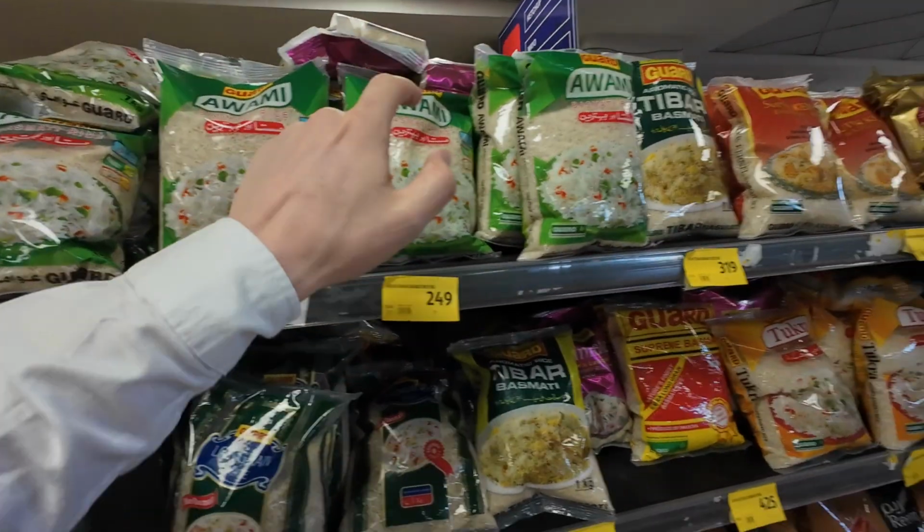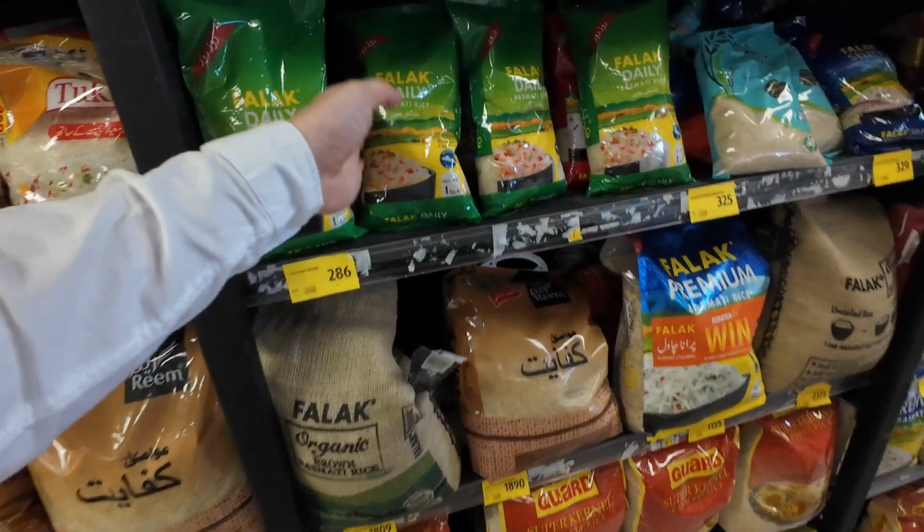Behind me is all the rice, and this isn't actually a common sight in the UK. We cannot cook rice, so we actually have little microwave pouches of rice, and to be honest, nobody eats white rice either. We usually have flavoured rice, Mexican rice, vegetable rice, these kind of things, but let's pick up one of this. We've got a kilo of rice. So here we go, basmati rice,